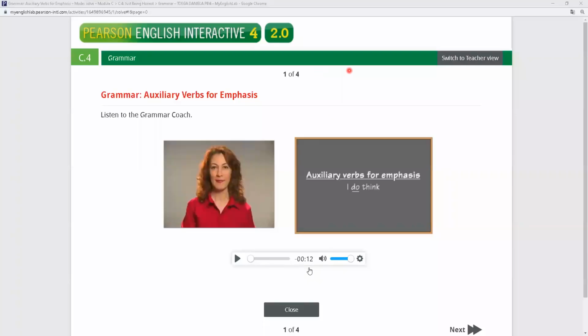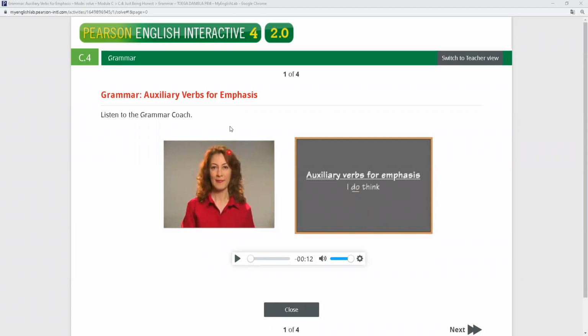Okay, esta lección es súper interesante. Okay, so let's learn more about it. No sé si, me imagino que en alguna película o en alguna serie has debido escuchar o has debido ver que se utiliza el do o el did, el does, seguido de otro verbo. Esto se le llama,